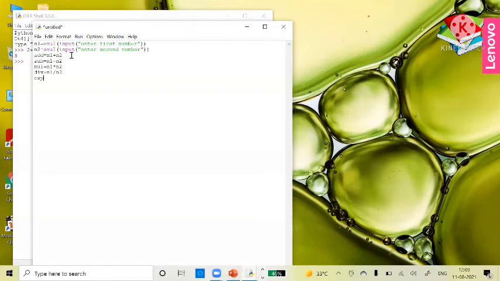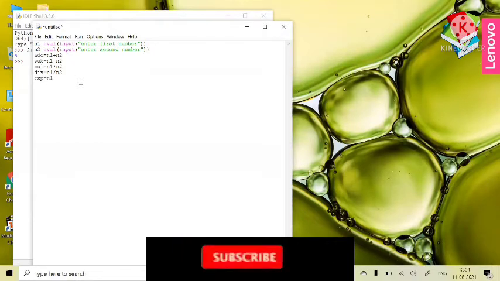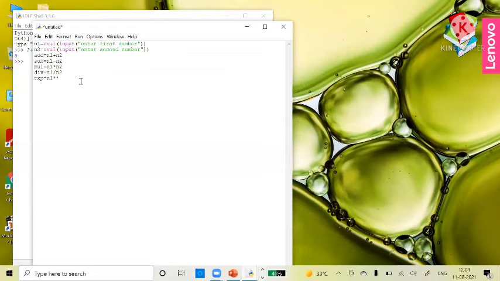So exponent is actually power. It means you want to raise n1 to the power n2, right? So suppose n1 entered by the user is 3 and n2 entered by the user is 2, right? So what will be the power? It will be 3 raised to power 2, right? N1 raised to power 2, that is 3 raised to power 2. And what's the value of 3 raised to power 2? If you write 3 raised to power 2, it will give you value 9. Okay, so how to do the exponent? For exponent, the operator is double star. This is the power operator, n1 double star n2.